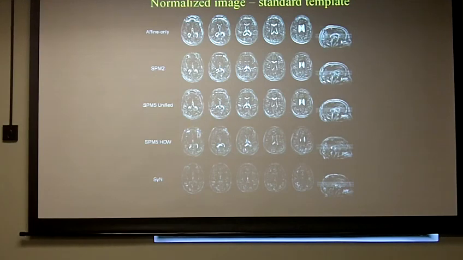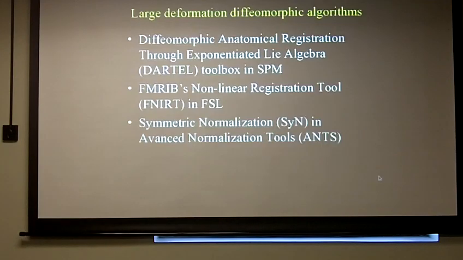So that's the next. The SPM5 high dimensional warping algorithm was a big improvement, but again, large deformation normalization using diffeomorphism, which is symmetric normalization, performed the best. So there are actually several popular